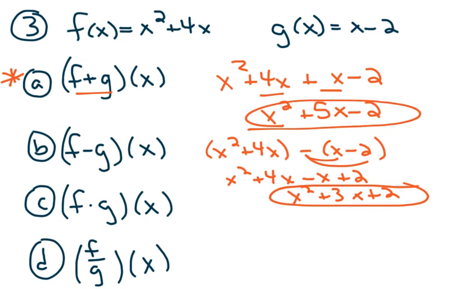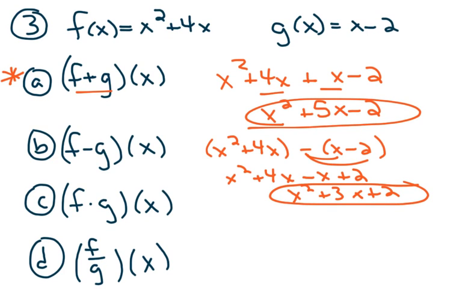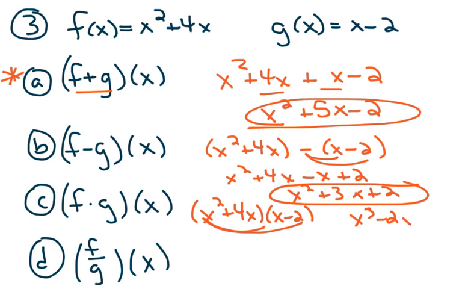F times g of x, that's just telling us to multiply the two functions. When I multiply those two functions together, I'm going to use FOIL. So x cubed minus 2x squared plus 4x squared minus 8x. I have some like terms to combine. The middle terms are like terms, so I'm going to get x cubed plus 2x squared minus 8x,